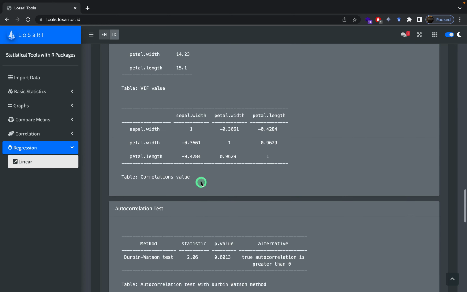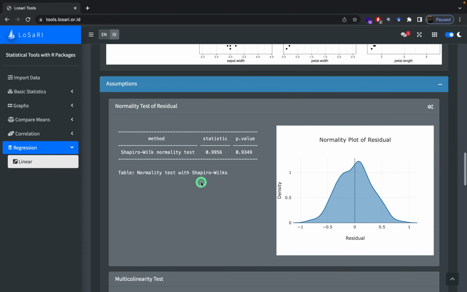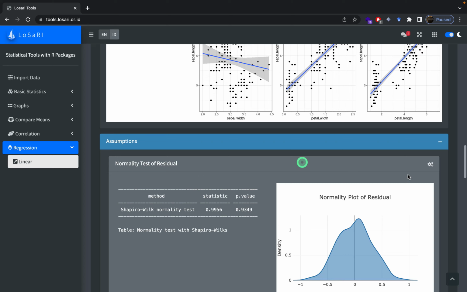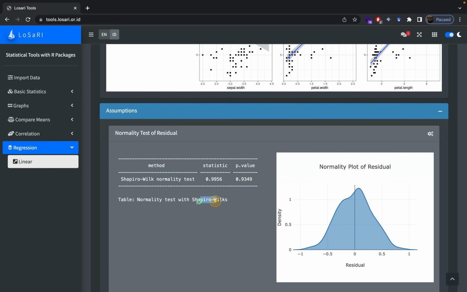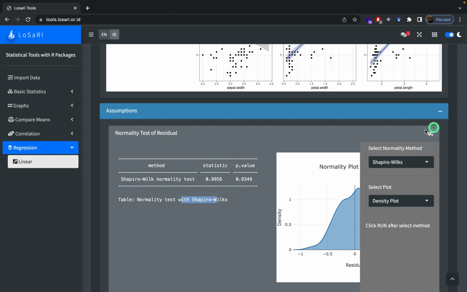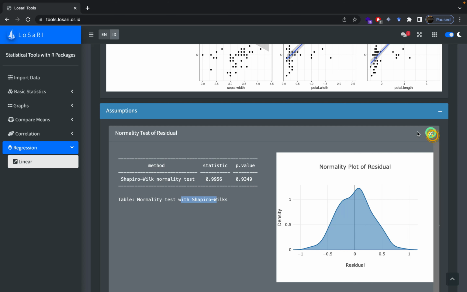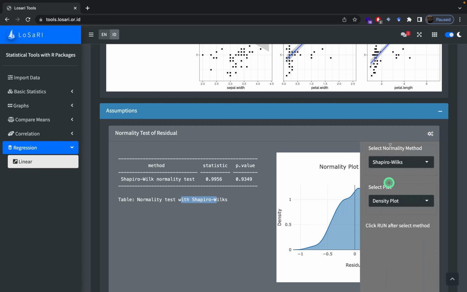For the assumption of normality, we can choose the normality method and the type of plot by clicking the gear icon in the upper right corner in the normality test of the residual box. A sidebar box will appear. Select the normality method and select the plot to use.